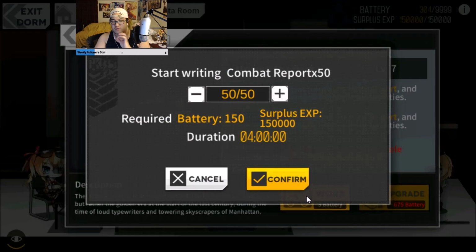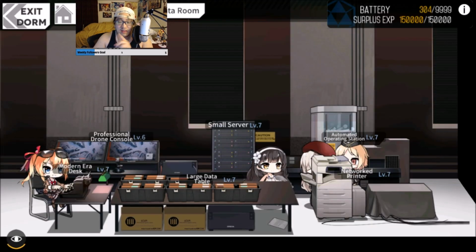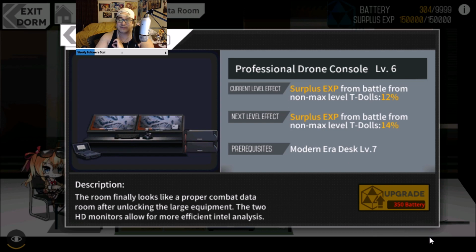Now, if I were to click this, you can see I would now make 50 combat reports. They would have 150,000 EXP. It would take me 4 hours, and it would require me to use 150 batteries. Would I do this right now? Hell no. And let me tell you why. Because leveling this right here is going to cost me 350 batteries. Oh, Lord have mercy. So I am going to wait until, you know, I'm like level 8, level 9, level